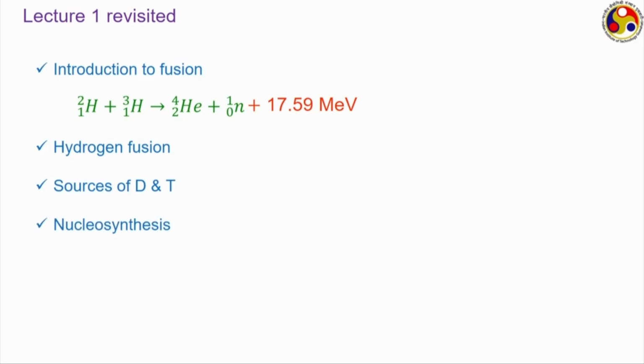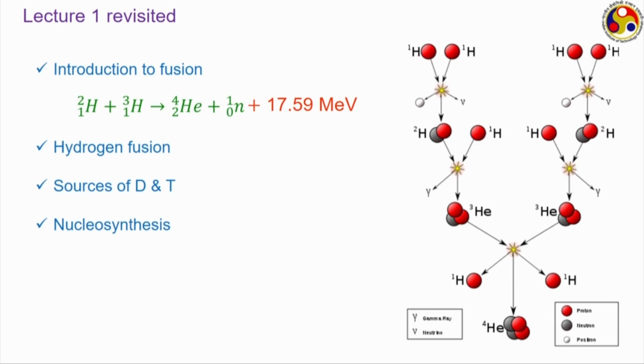Then we discussed nucleosynthesis. Nucleosynthesis refers to a chain like this, where from the lightest possible isotope, through progressive fusion reactions we can produce much heavier isotopes. Actually, it is extremely important, because nucleosynthesis is the process by virtue of which the entire universe has been created. At the start of everything, I do not want to go to the Big Bang theory or something like that, but it is sufficient to say that at the start of